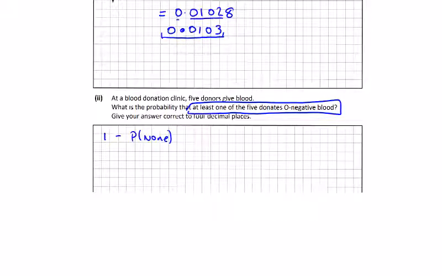So we just need to find the probability of none here, which, if you wanted to write as a Bernoulli trial, we have 5, none of them are O negative, 0.08 to the power of 0, by 0.92 to the power of 5. These two are equal to 1. So it's just 0.92 to the power of 5 here, which is equal to